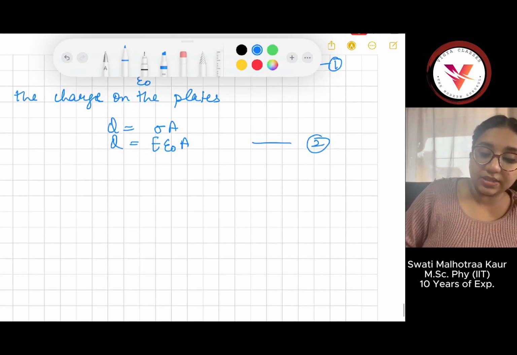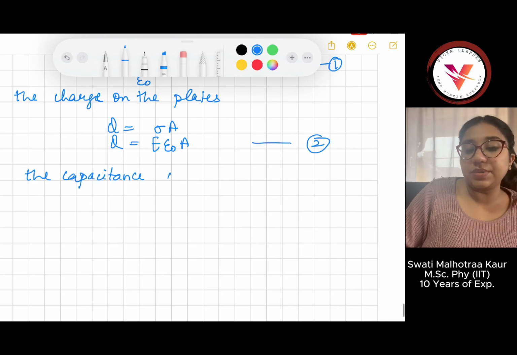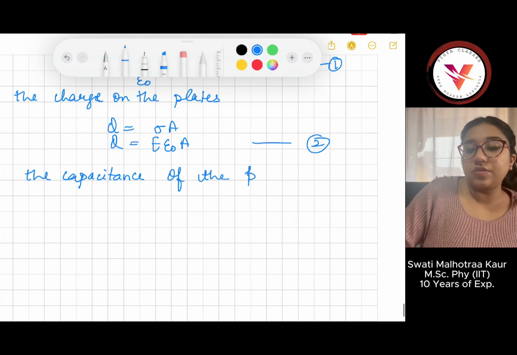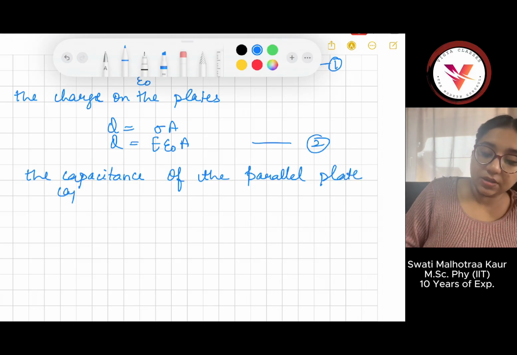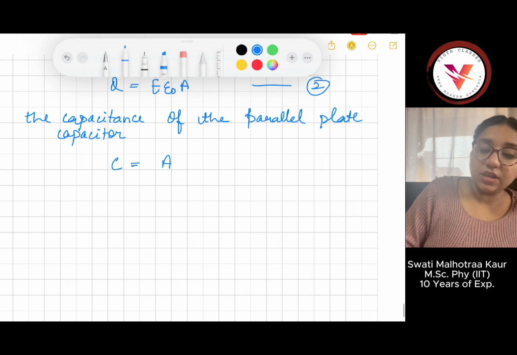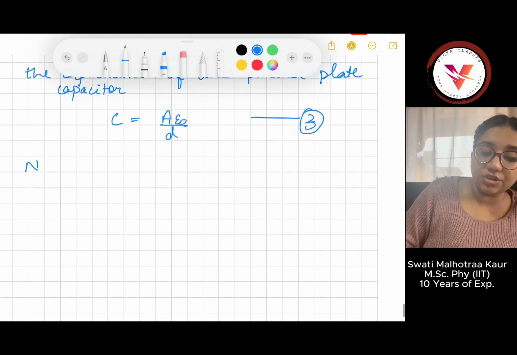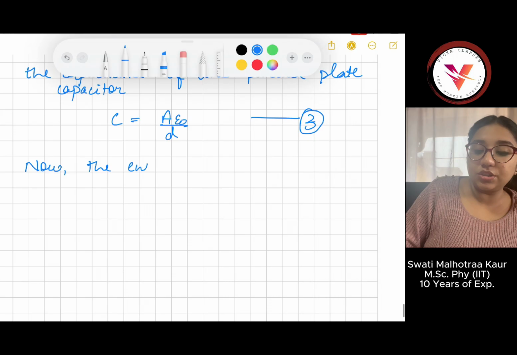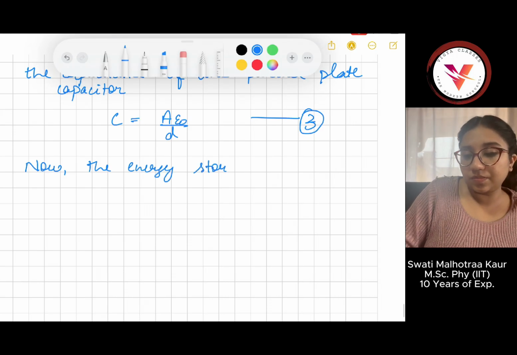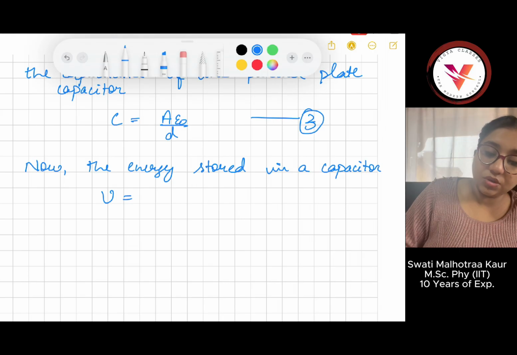And next you have to calculate C. The capacitance of the parallel plate capacitor C is A epsilon naught by D. Put that as equation 3. Now the energy stored in the capacitor is U, which is half